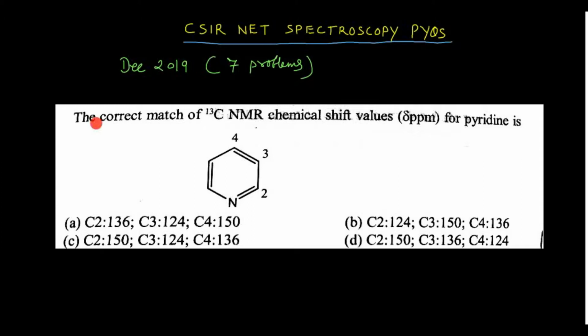You can read my first question. The correct match of the 13C chemical shift values in delta ppm for pyridine is. So it's an aromatic heterocyclic compound, pyridine, and in this pyridine you will have